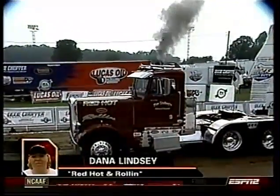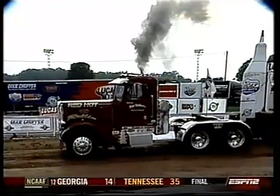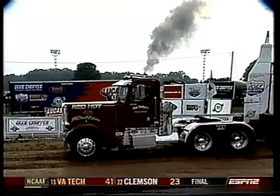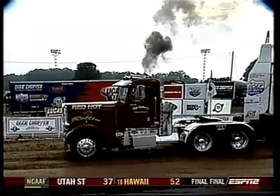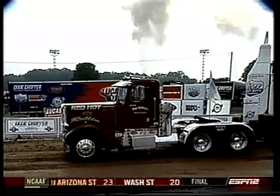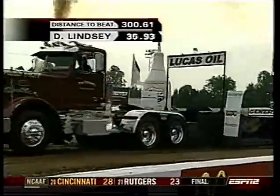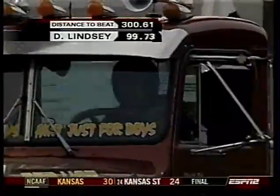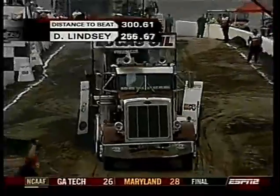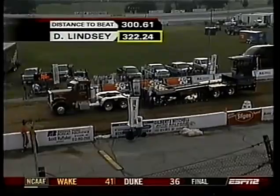Next up, that's Tom's wife, Dana Lindsay, and the Red Hot and Rollin'. You felt like she might have a decent shot at winning here tonight. Certainly did a good job the first pull out here. She really got that thing moving off the line. And she's a veteran puller, former national champion, so she's got experience on her side. And she's used to these Ohio River Valley tracks because they pull a lot, like Mike Larrabee said, in Ohio, Pennsylvania, and Indiana. Well, and Tom called that one so far,